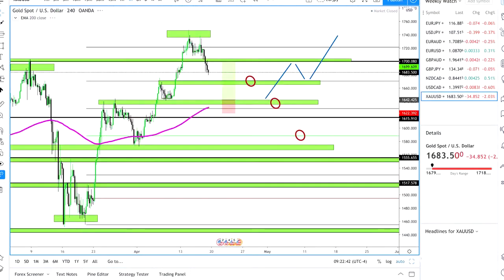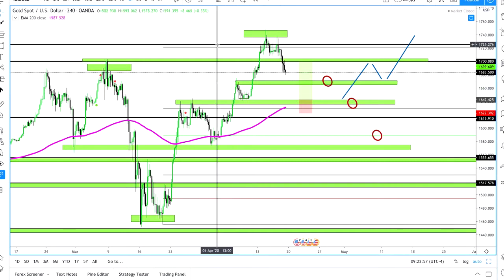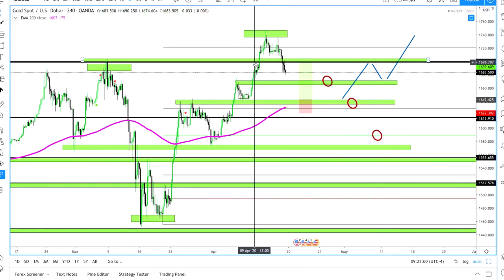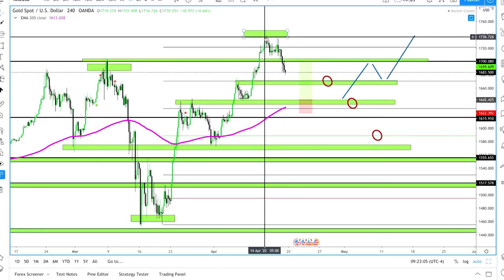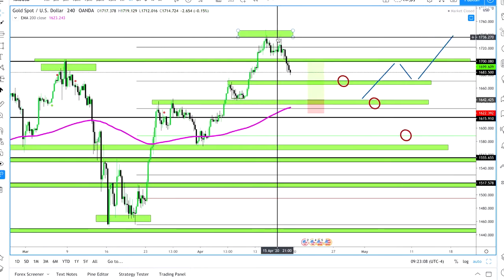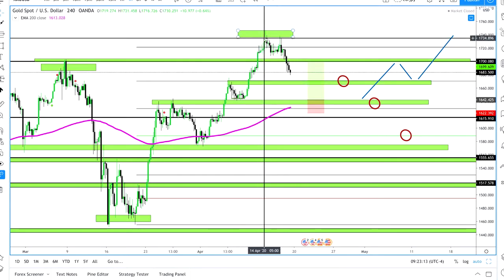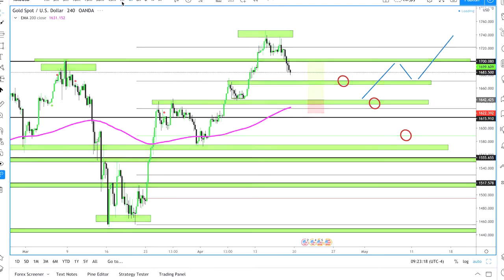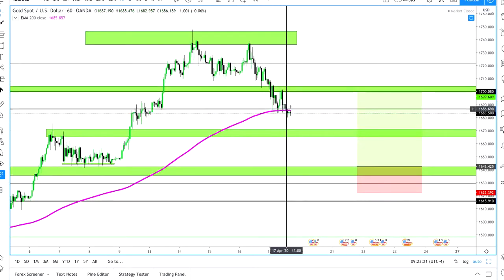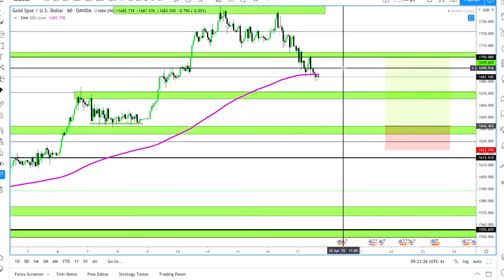And now let's look at gold US dollar again. So gold, we've smashed the monthly target that I had of 1700. We even went higher and created a little bit of resistance around 1740. So creating this smaller structure, double top in H1, and then we pulled back. If we zoom in H1, we pulled back and retested the 1700,